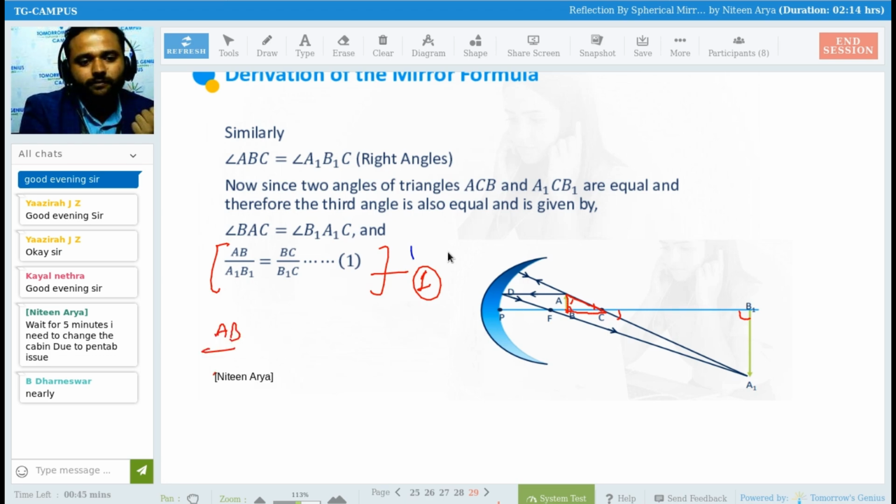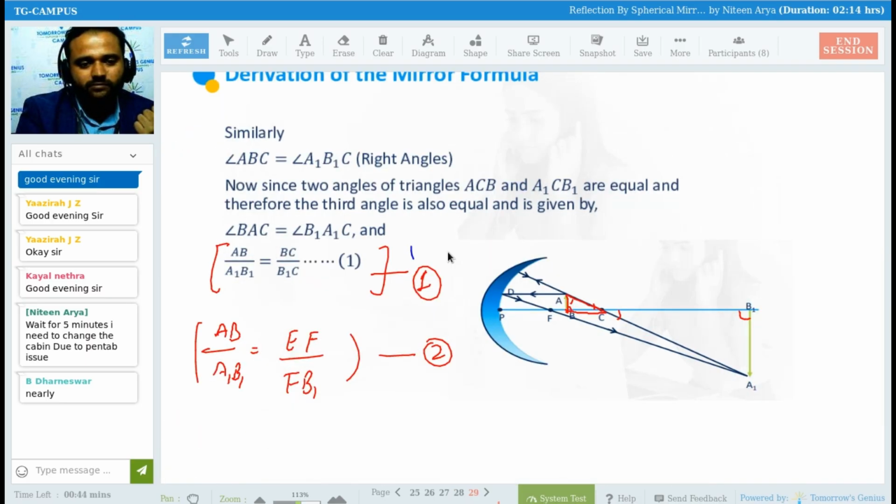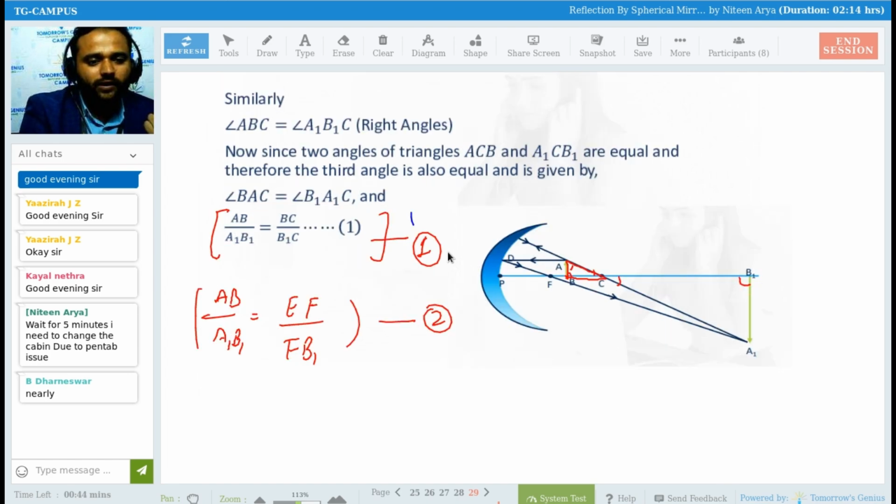So AB upon A1B1 is going to be EF upon FB1. This is my equation 1. This is my equation 2. Combining both the equations, what do I get? BC upon B1C equals EF upon FB1. This equation. Okay. Now combining both of these equations,